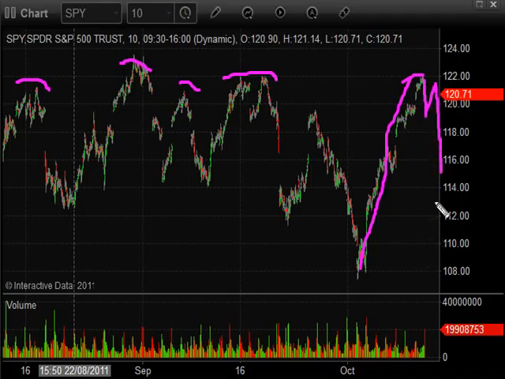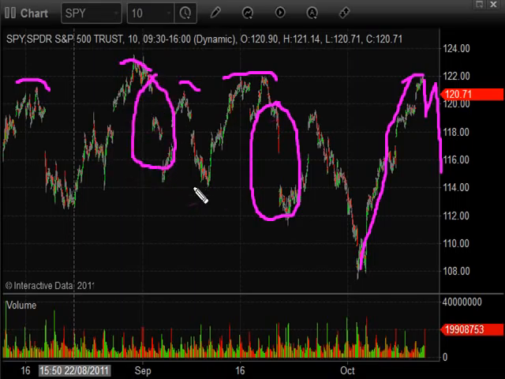Likely see a pullback, and it'll be a sharp pullback, something similar to this probably, where we're going to see a big sharp drop. You can see after any of these runs you get these big gaps and runs to the downside. I wouldn't be surprised if we see that, but depending how it gets there, we may actually be looking for a long entry simply because there has been a nice upward thrust. We have broken a pivot high, another pivot high here,